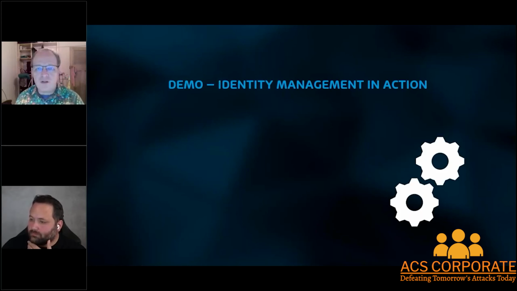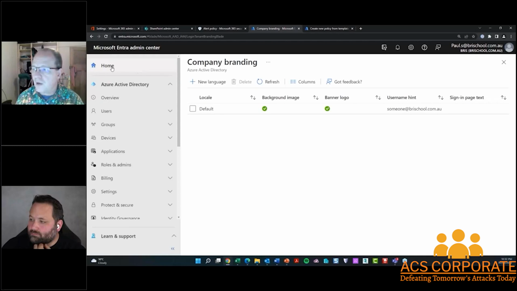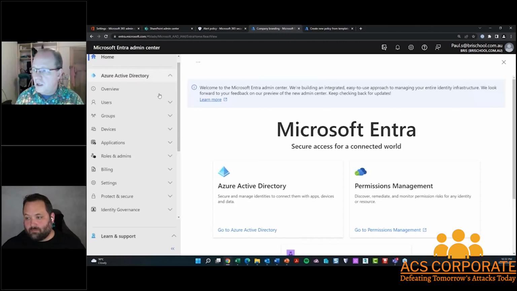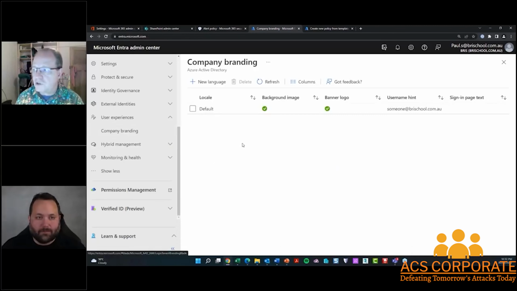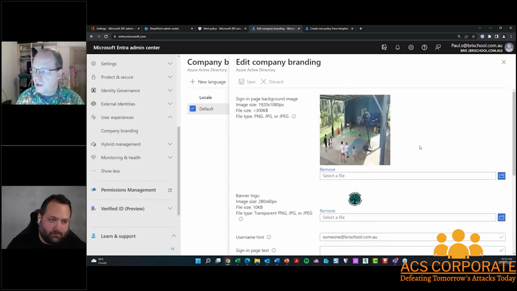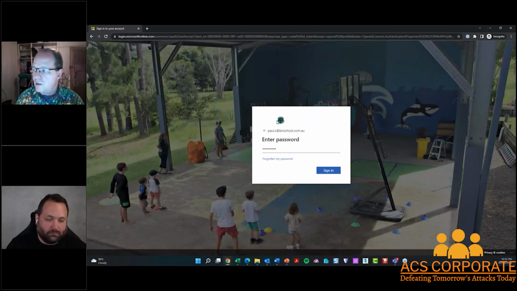So, quick Entra demo. This is the Entra portal. I've got my home tab here where we can see the different parts of Entra. Then I've got all of Azure Active Directory over on the left. I've got permissions management and I've got verified ID. I'm just going to hit on this small slice of company branding here for this particular user so that we have a custom background, custom logo, so that when a user tries to sign into this organization, they see the logo, they see the background, they know, oh, this is home, this is our tenant,